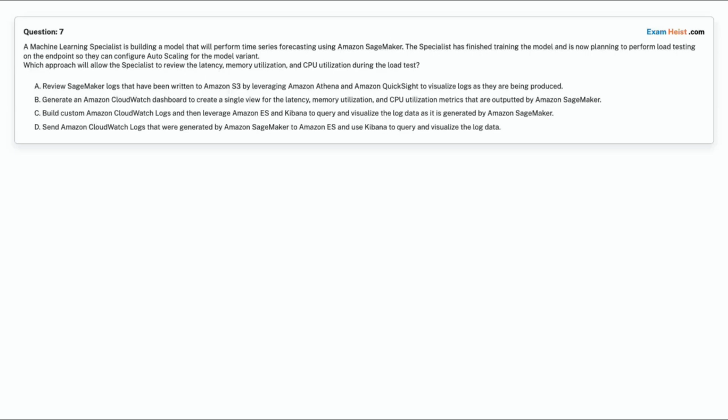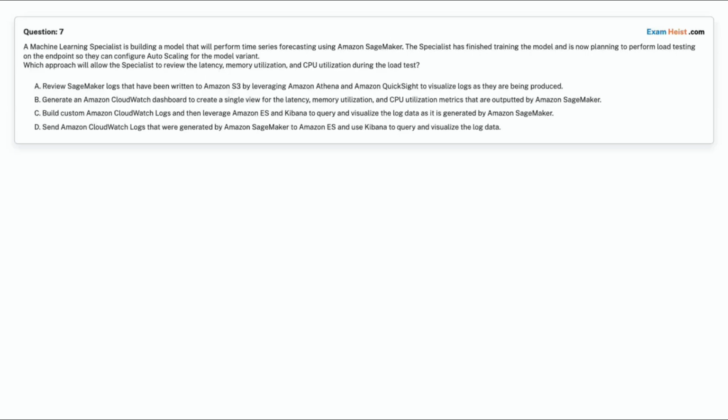Option A. Review SageMaker logs that have been written to Amazon S3 by leveraging Amazon Athena and Amazon QuickSight to visualize logs as they are being produced. Option B. Generate an Amazon CloudWatch dashboard to create a single view for the latency, memory utilization, and CPU utilization metrics that are outputted by Amazon SageMaker.